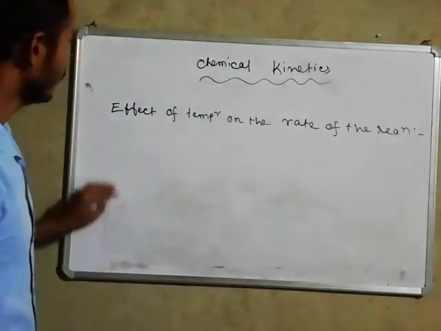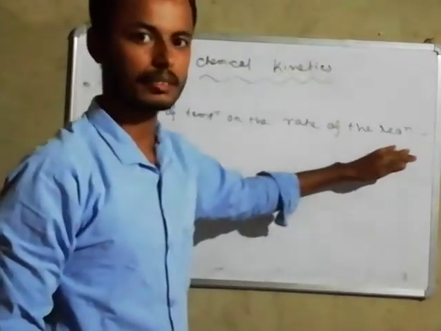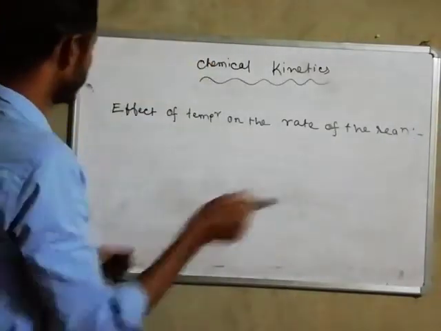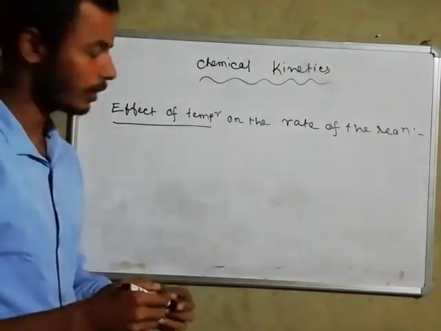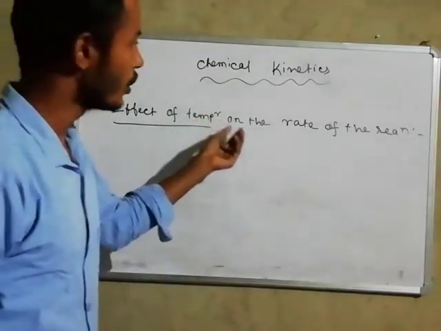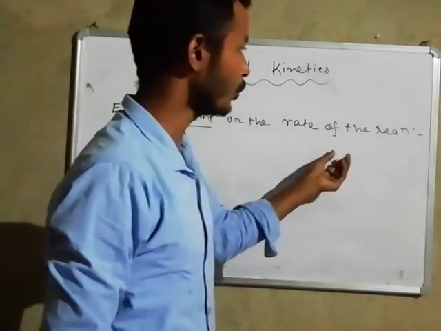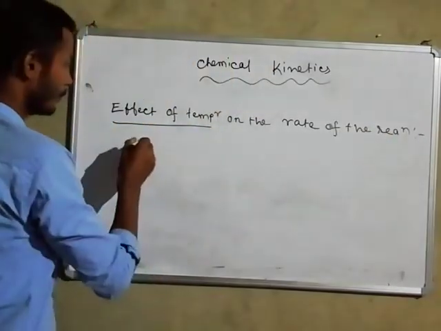So today we'll discuss the effect of temperature on the rate of the reaction. So now, what is the effect of temperature on the rate of the reaction? As the temperature increases, then what will happen? The rate of the reaction will increase. So from the experiment,